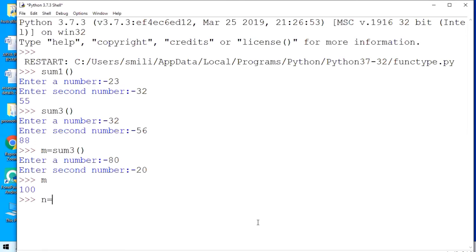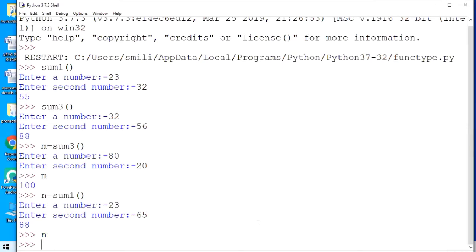Let's check it. 23, 65. It is providing us the output here. Good. Then what would be the value that n is having?